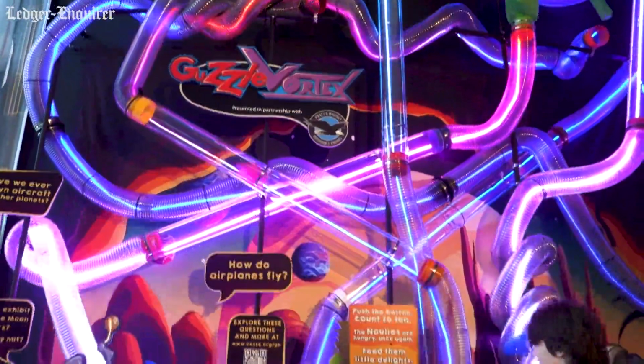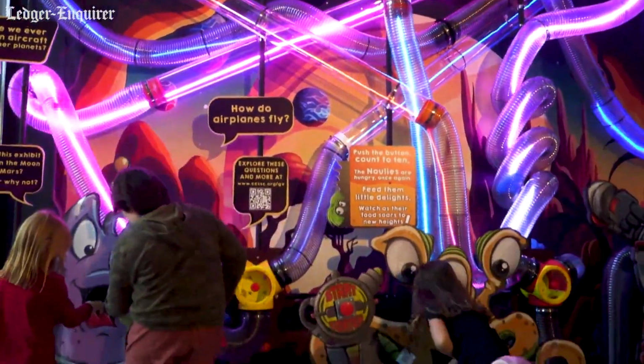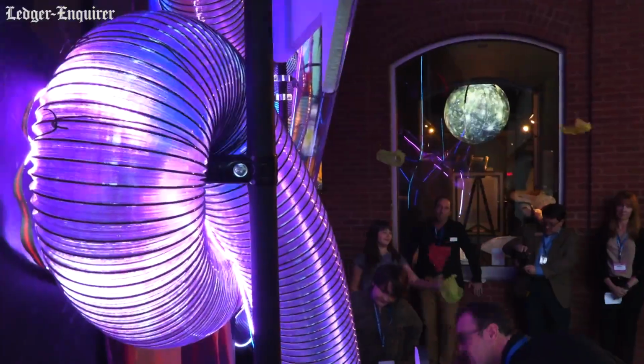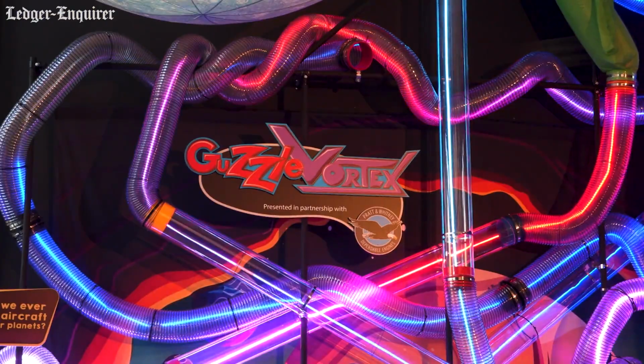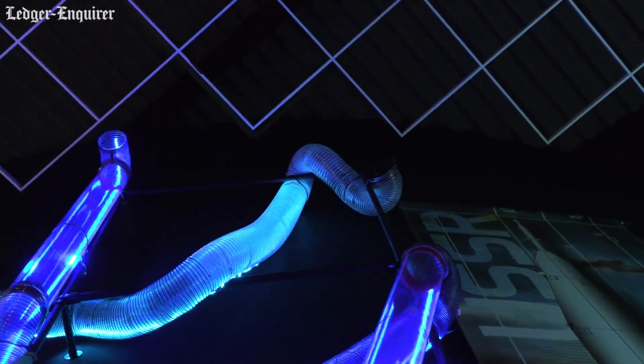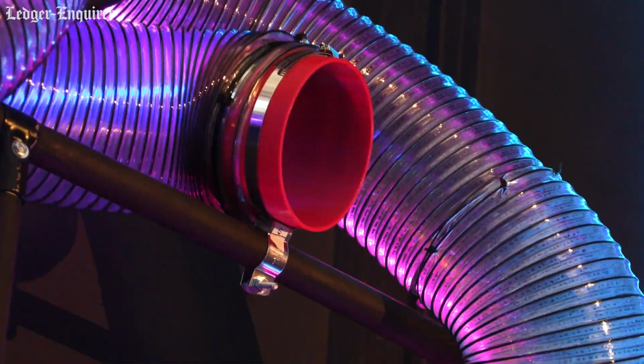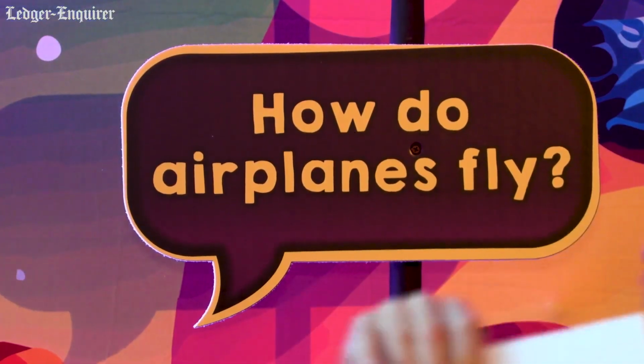We have some aliens, some residents of an exoplanet, and the kids get to feed those aliens their little food, but then the food flies through what we call an air maze, a set of tubes that have a lot of airflow through, that carries these targets all through the tubes and teaches the kids how airplanes fly, how helicopters